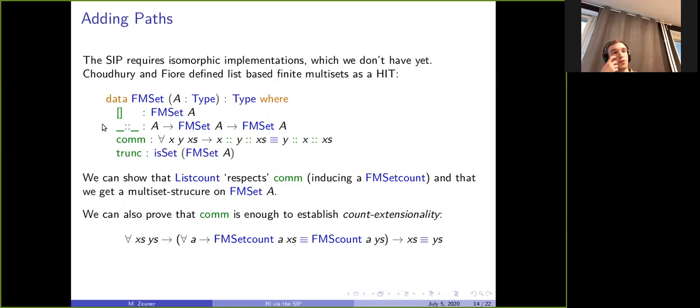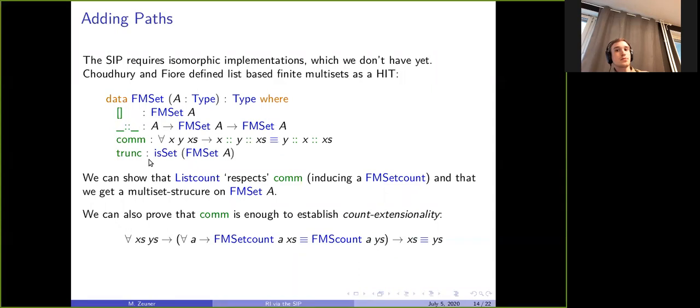It's been around in the Cubical Agda library for a while. Basically, we have the list constructors and then add a path constructor com that allows us to swap elements in our multisets. And then we also set truncate, which has several advantages.